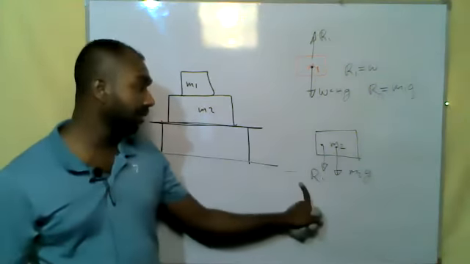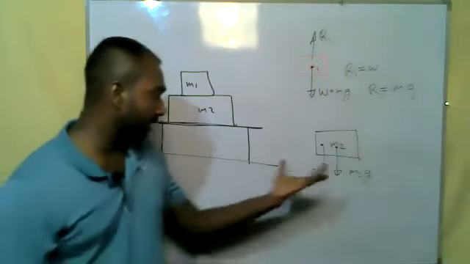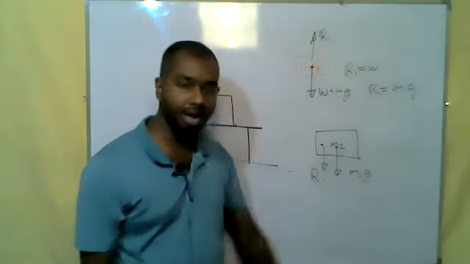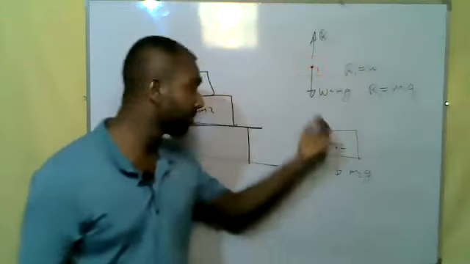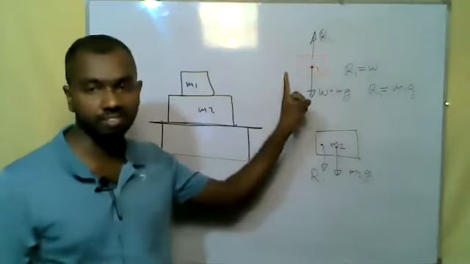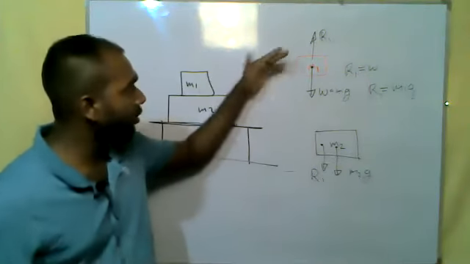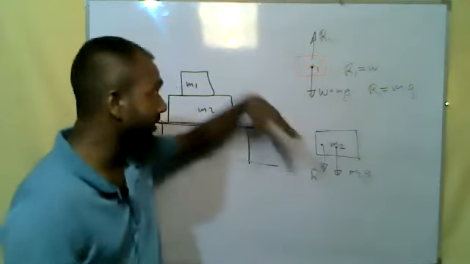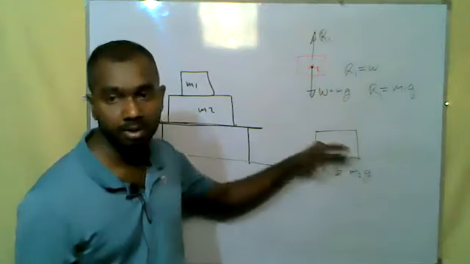Are these the only two? No, it can't be. Why? If these are the only two forces acting upon this, what happens? This book should go down, so there should be some other force. And see, there is an interesting fact here also. Try to think, all of you. Since there should be an equal and opposite reaction for everything, as Newton says, we get this R1 by the reaction of the mass 2.